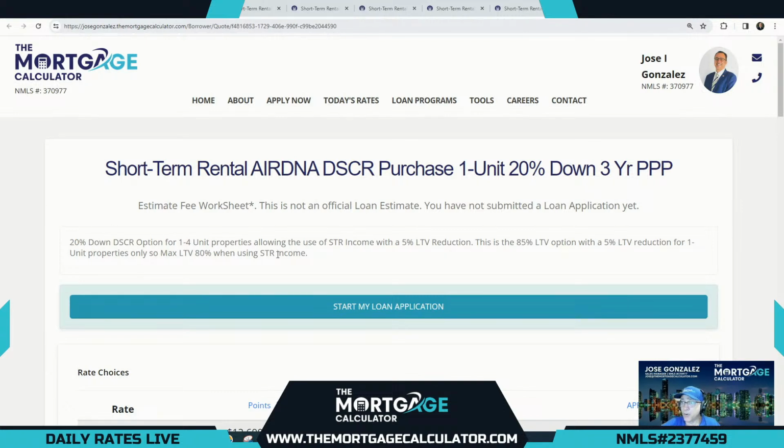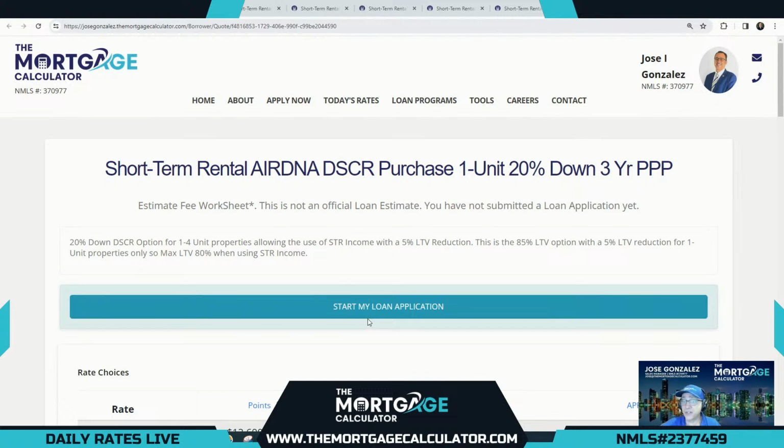So in this example, the pricing that you're going to see here is the pricing for 85% LTV. And then I adjusted the loan by 5%, reduced it by 5%, but it is the 85% DSCR pricing,